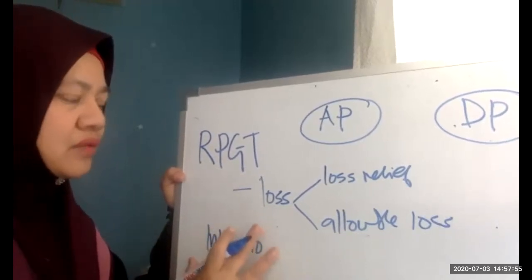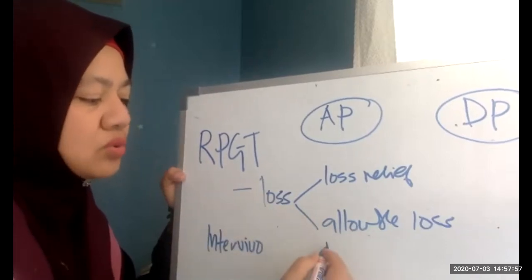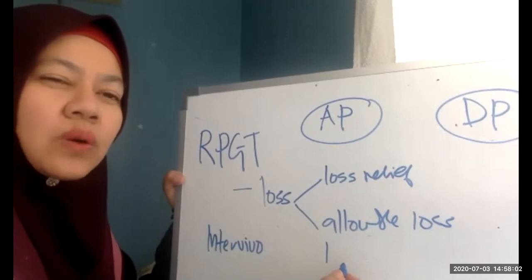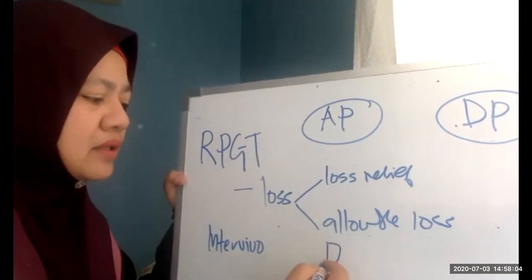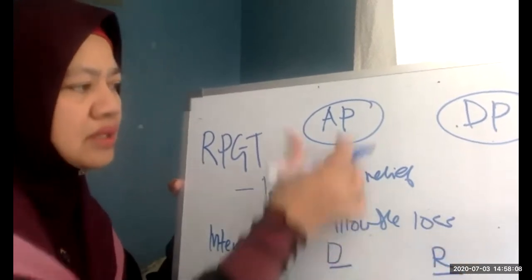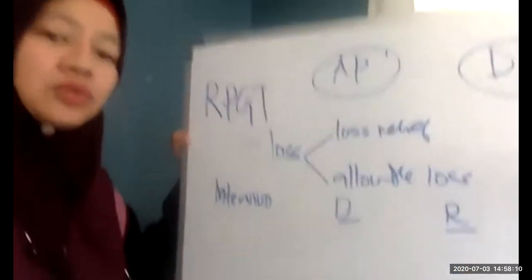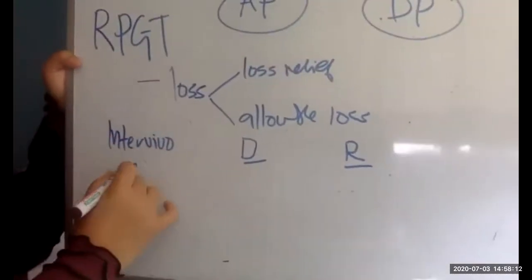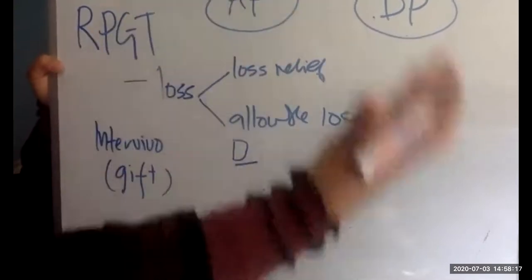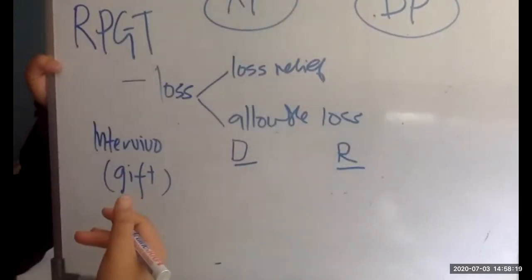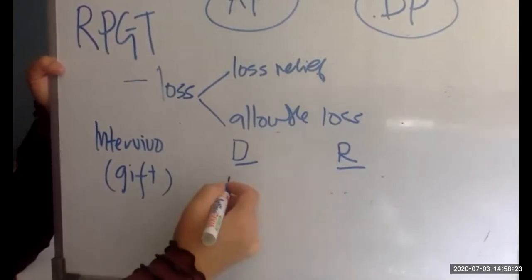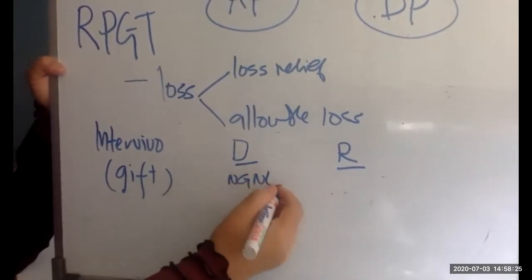So when you have inter vivos, then you have to know, we don't call it disposal, what do you call it, the donor, right? The donor and the recipient. So the term is donor because when you donate you don't get anything, because inter vivos is a gift, right? So the donor doesn't get anything, you just give the property to the recipient. So to the donor, all right, you must understand there could be a no gain no loss situation.